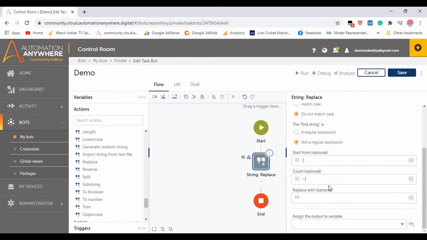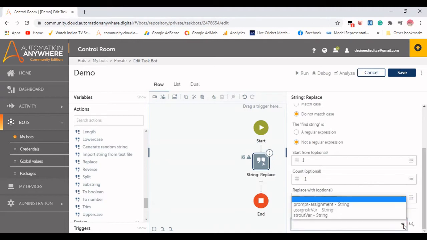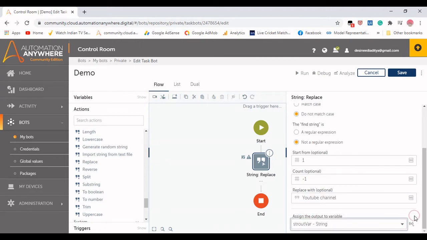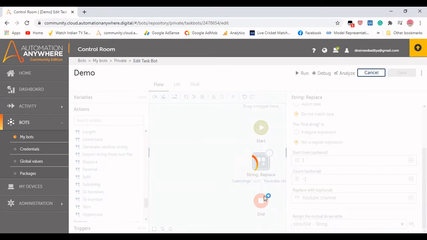These are the optional ones where we can also set the replace values, and in here you need to give the replace value. Here I am making it as YouTube channel. I need to assign the output to a variable here, which is str out, where I already have a string output variable.